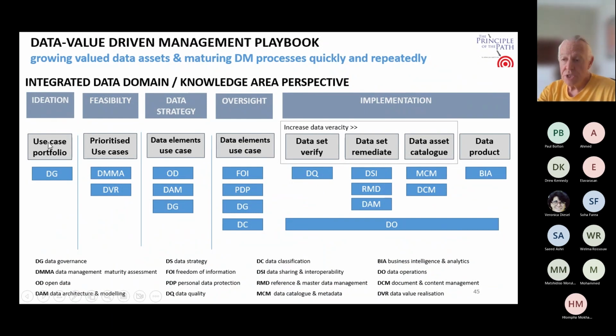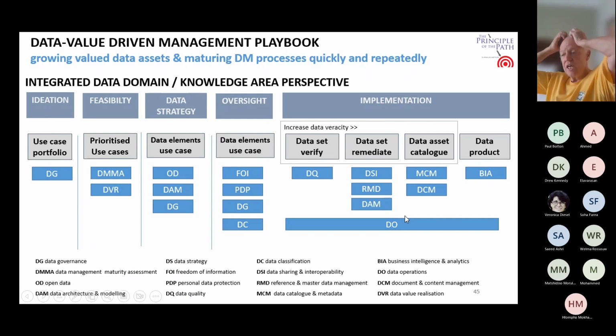You start off with your use case portfolio. That's in data governance, manage it. They then create data value realization and DMMA. With that, we check in our data strategy, we check the open data with data architecture and data governance. We then do oversight as to whether we're causing any problems, whether we're doing our personal data protection, data classification, and then we go into data quality, sharing and integration, data cataloging, and BIA.